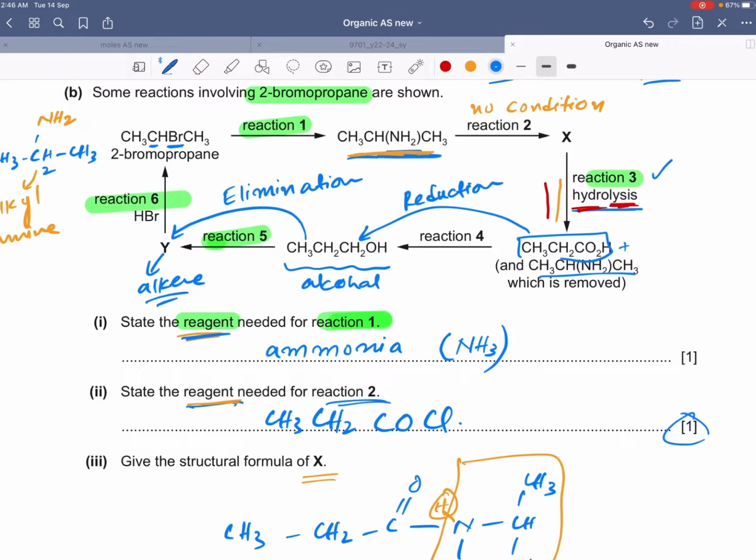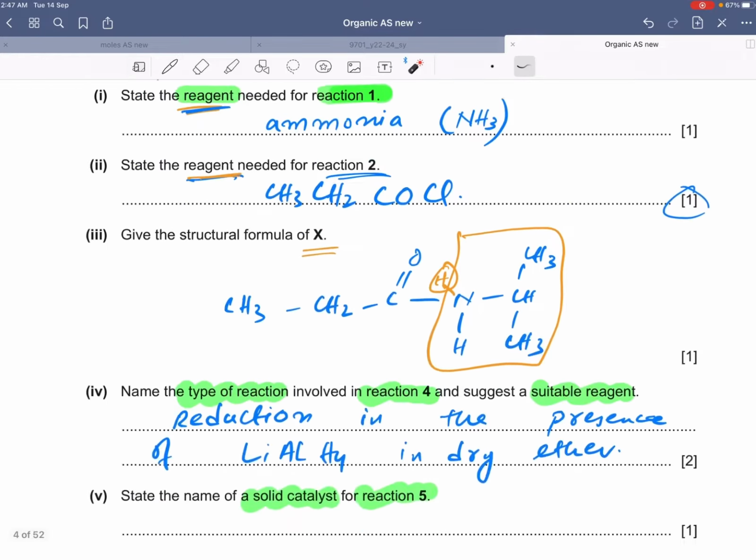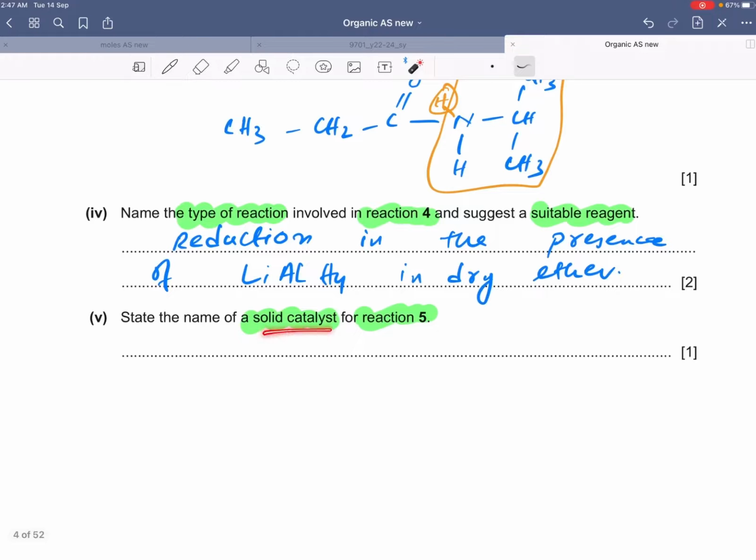And in elimination, we can use either sulfuric acid or phosphoric acid, but they are asking about a solid catalyst. So the solid catalyst is Al2O3, right? For elimination of a water molecule from alcohols, just remember this: this is again an elimination reaction. One of the carbons will lose OH, and the next carbon, the beta carbon, will lose hydrogen. For this, you can use either acid, H2SO4, H3PO4, or Al2O3. And they are asking about a solid catalyst, so that would be Al2O3. All right.